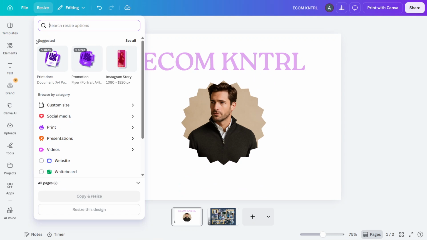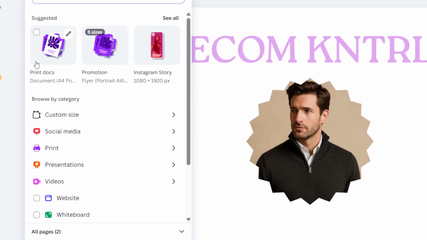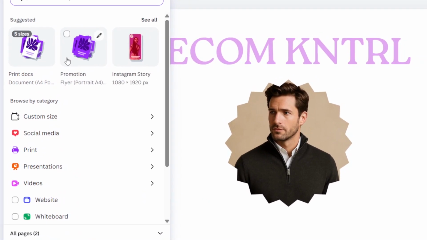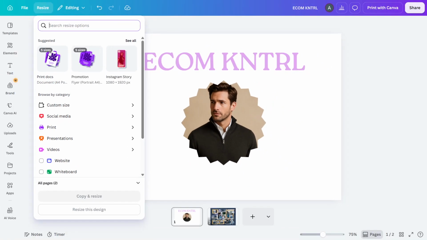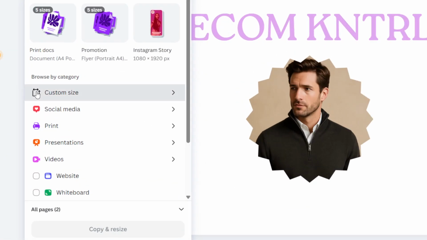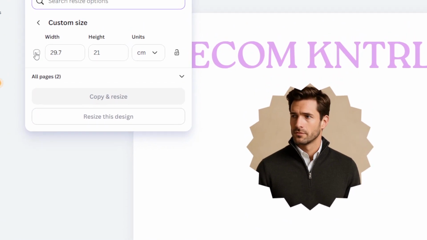Once the resize menu appears, you may see suggested sizes. In some cases, Canva will already show the reversed version of your current design size. If that option appears, you can simply select it to save time. If you don't see the size you need, click Custom Size instead. That gives you full control over the page dimensions and is the best option if you want to manually flip